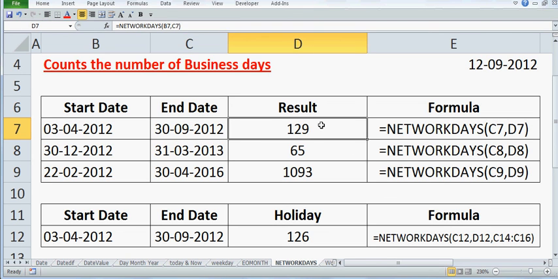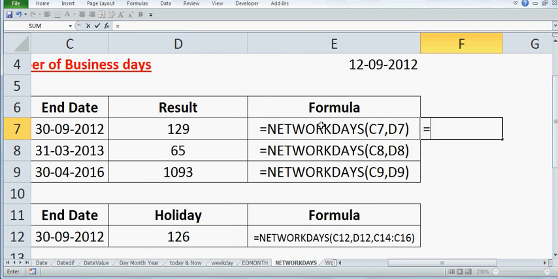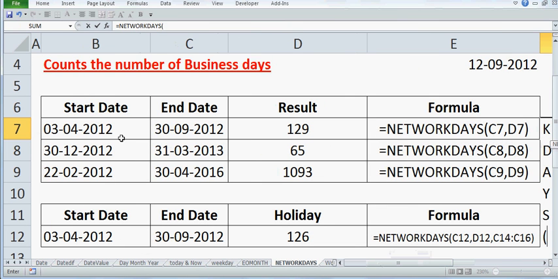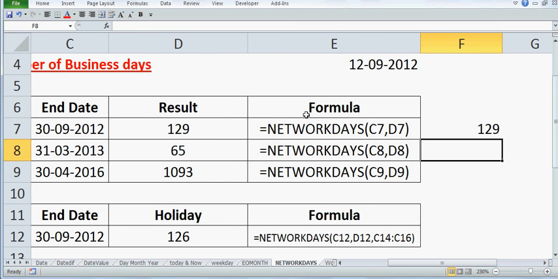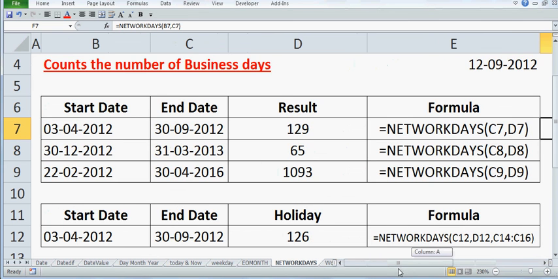So what you can do, equal to NETWORKDAYS, mention the start date and end date, close the brackets, enter. The result is 129. So there are 129 working days between these two dates.